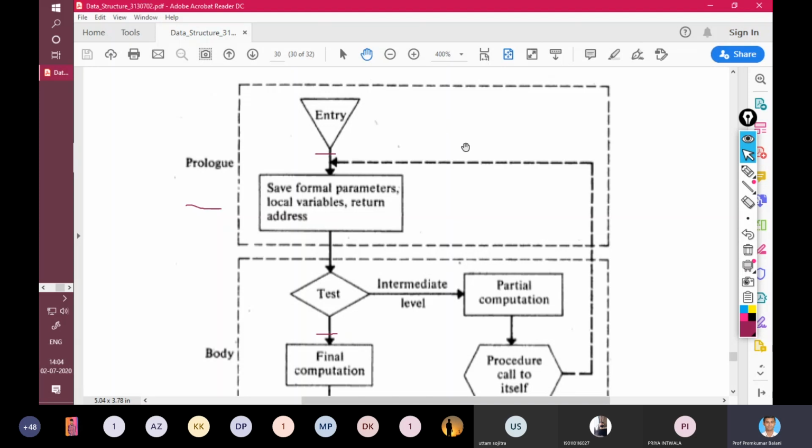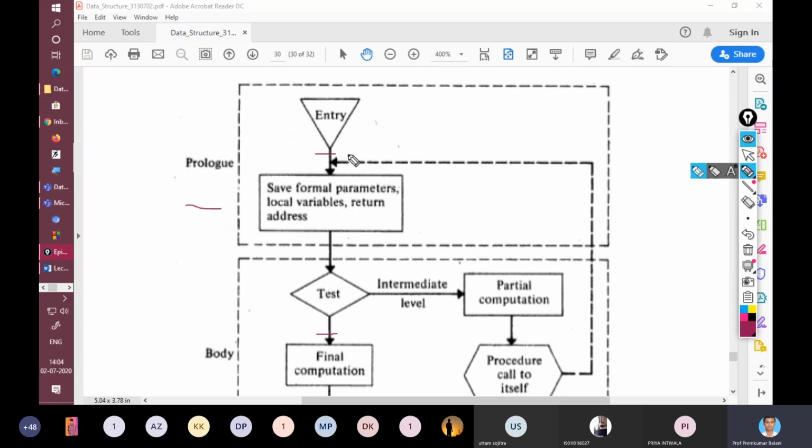here you can say this is like calling the factorial. This phase is like, suppose I call factorial of 5. So when I call this, it will save the formal parameters.